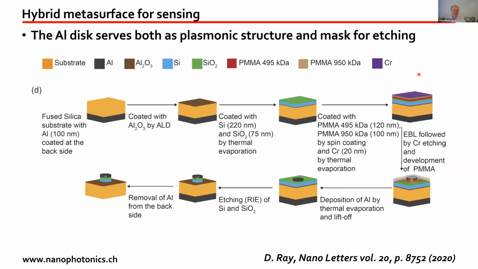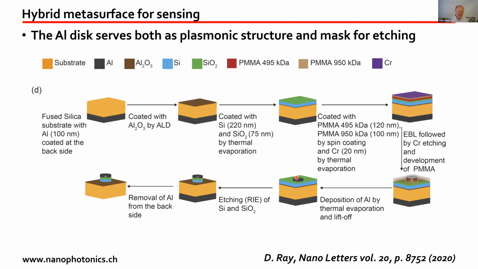The process is as follows. Actually, it's a combination of the two processes I've presented at the beginning. There is etching and there is liftoff. We start by depositing on our substrate the silicon in blue, the spacer in green. Then on top of that, we make a liftoff. So we have again our two photoresists, and using electron beam, we define a circular cavity in which we deposit aluminum. So here we have an aluminum disc on top of this structure.